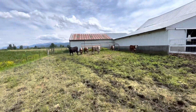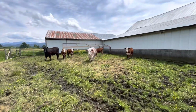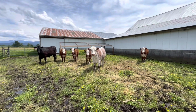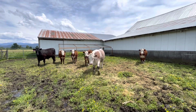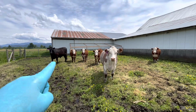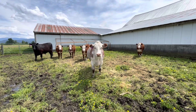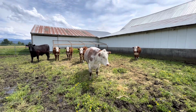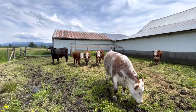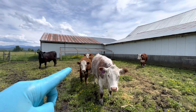But I ended up getting 4 little Herefords. It was a tight market for other cows, and I got a decent price on these, so we'll do that. Hank and Ocho are getting butchered in 9 days, but they're looking good. And these 4 guys are all really nice except for one,